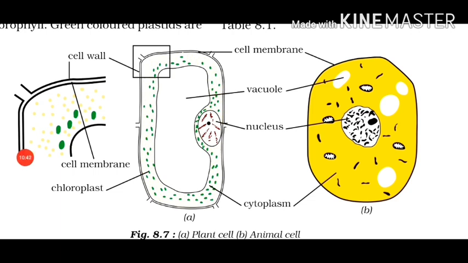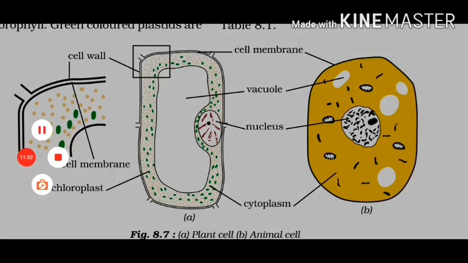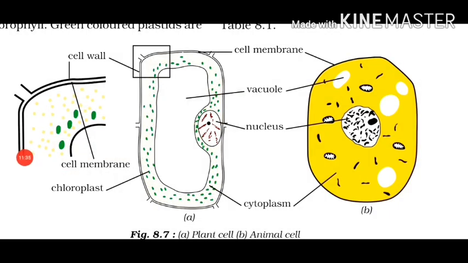Let's now study another part of the cell, that is vacuoles. In this figure, can you notice the blank looking structures present in the cytoplasm? This is what we call vacuoles. In plant cells, vacuoles are large and permanent. On the other hand, vacuoles in animal cells are much smaller. The main function of the vacuole is that it is helpful in storing various substances.